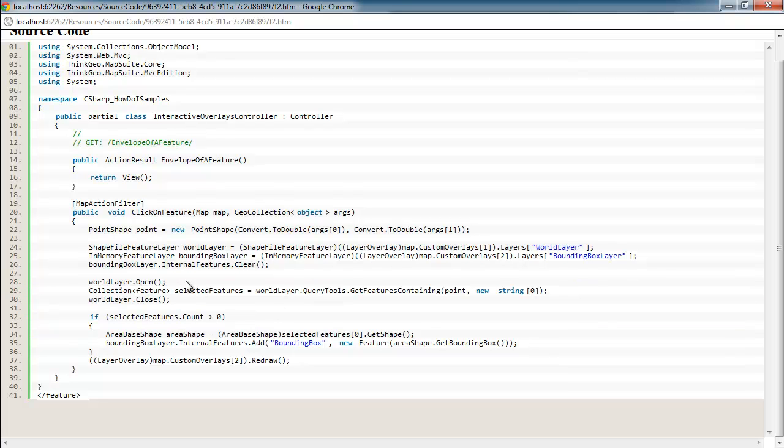And to do that, we're going to do a spatial query on the country shapefile. So we need to open that up, and then underneath the query tools, we're going to get features containing. So that's going to find the country that is containing the point that the user clicked at. And in this case, we're returning one column value, which I'm assuming is going to represent,